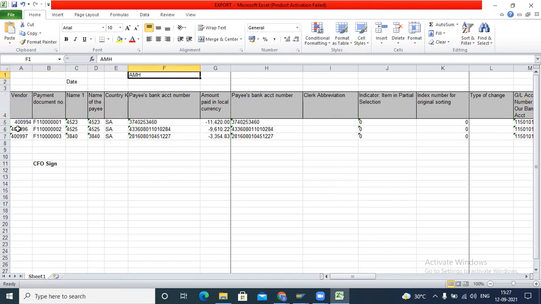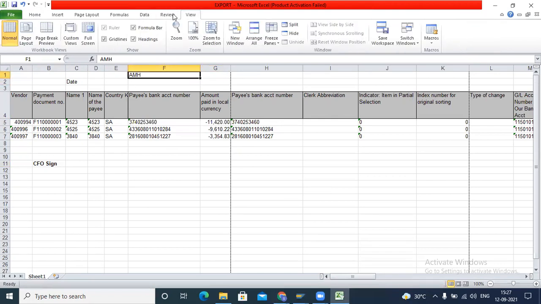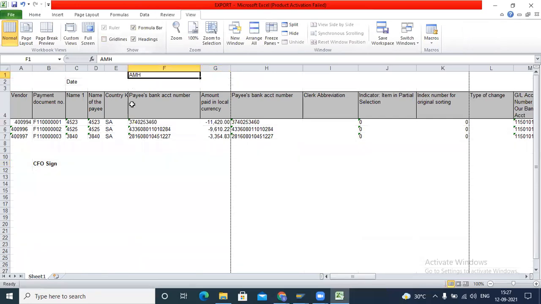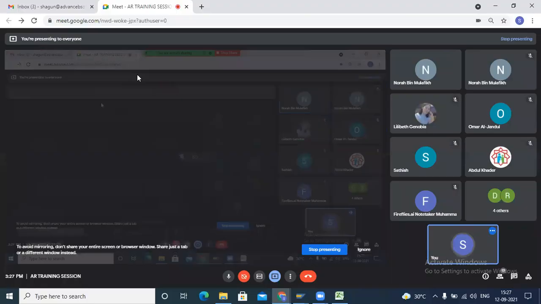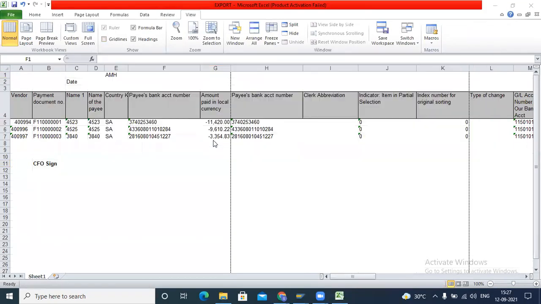The same format can be created here in the Excel file. But the one, Mr. Sharma, that we are currently using, you cannot do this in this, no need to make it in Excel. Actually, there can be one payment advice.